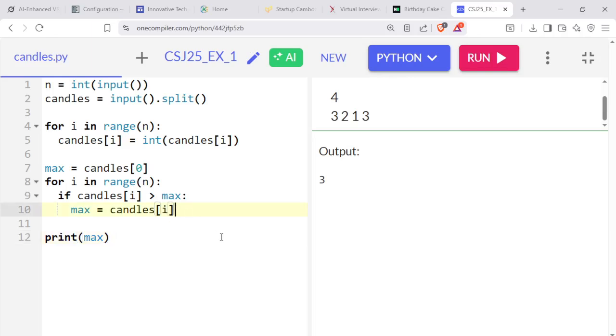Okay, the last thing, we need to define how many maximum candles we have. So we have to define another variable called max count, and it will be 0. So by default, we have 0 maximum of candles. But again we'll use the loop: for i in range n colon